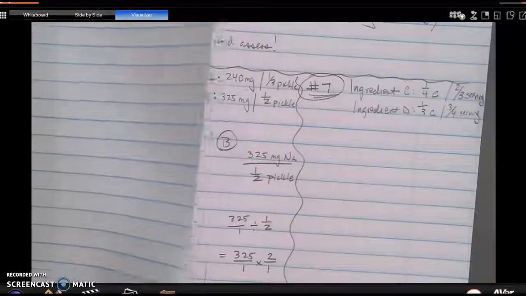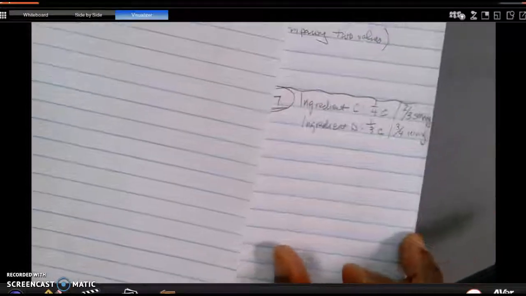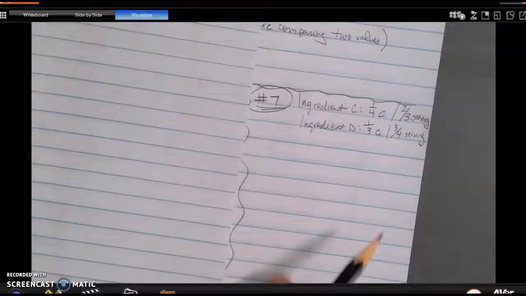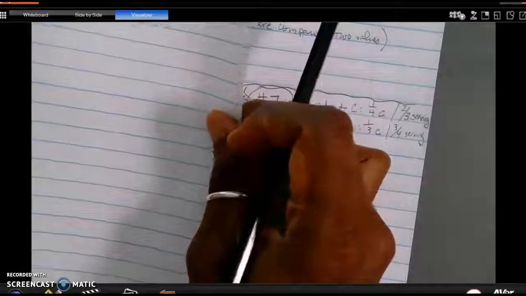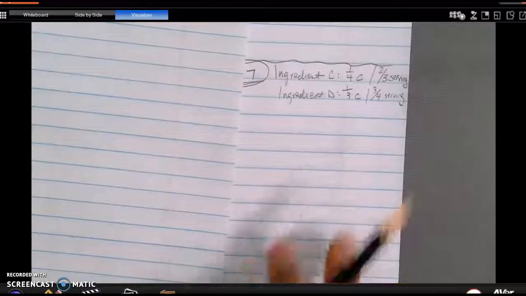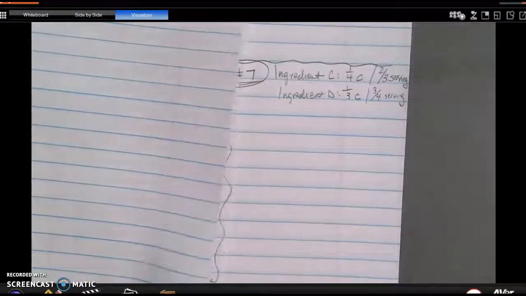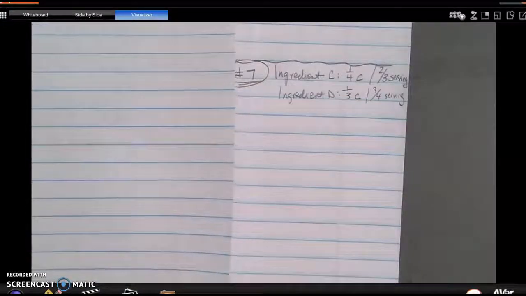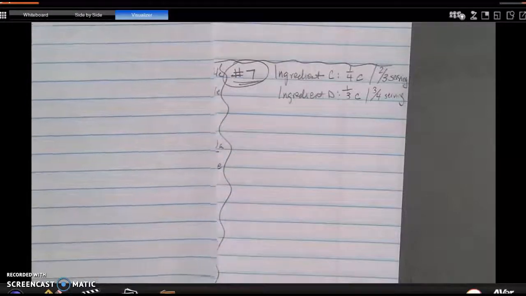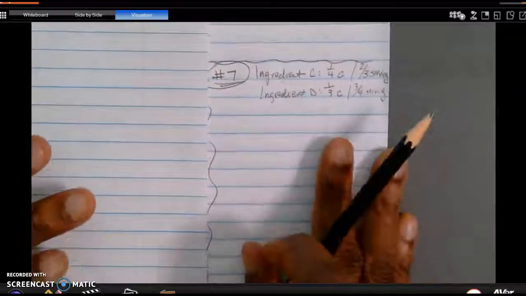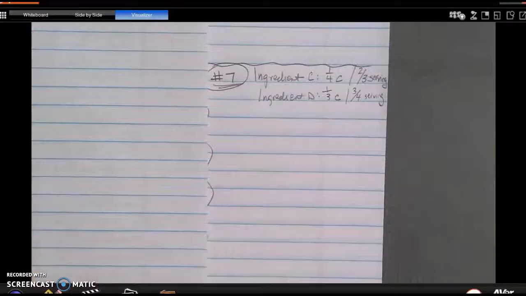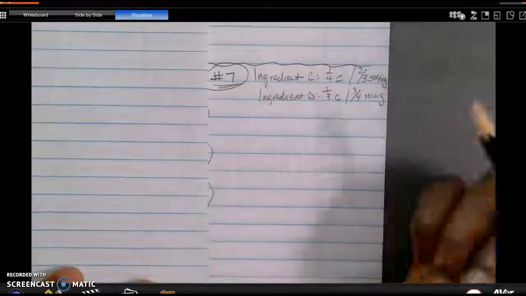Remember, we were dealing with some ingredients, ingredient C and ingredient D. Maybe a real world application could be, maybe I'm trying to avoid ingredient C or ingredient D. If I have a certain amount, maybe it's not quite so bad for me. I need to figure out which one is going to be the best for me. I know that these are all health related today for some reason, but I wanted to try to figure out which one is going to be a lower amount. Okay, maybe again something I'm trying to avoid. All right,